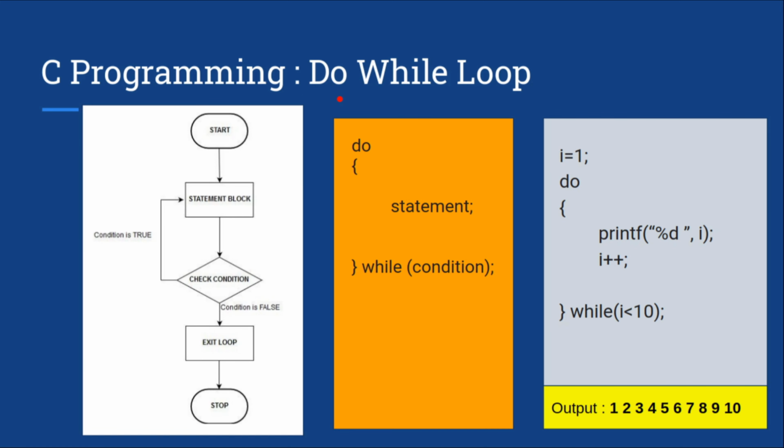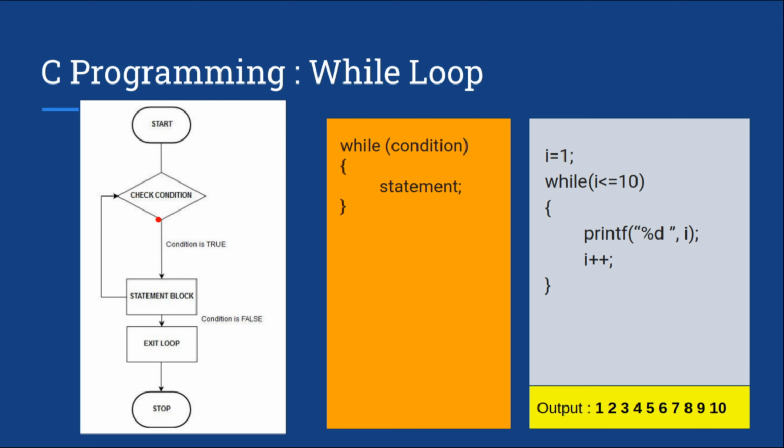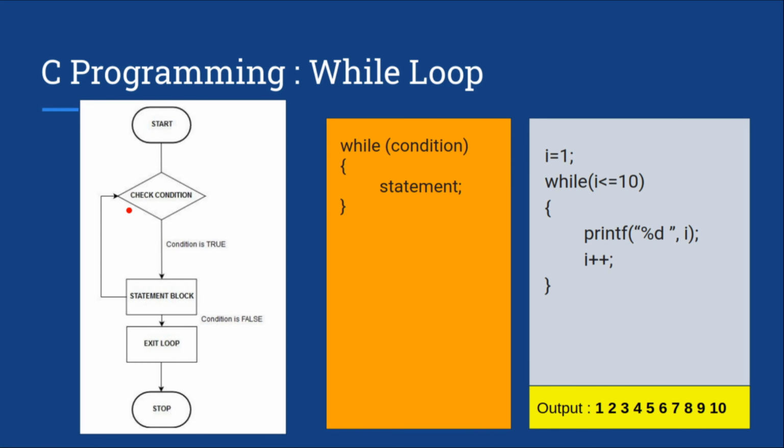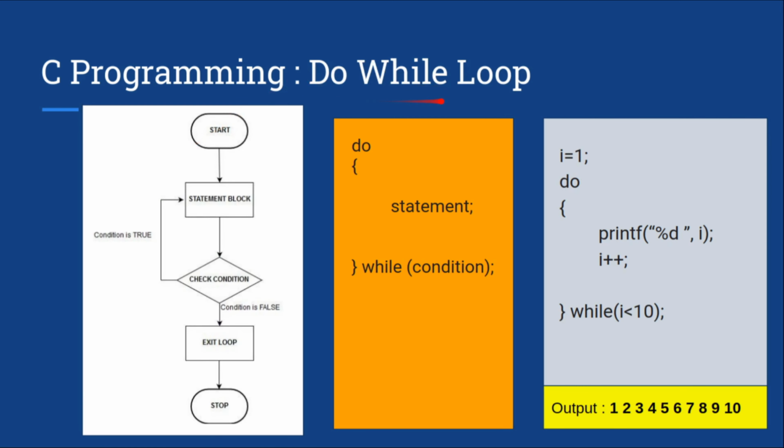So the next loop we have in this programming is the do while loop. The do while loop is a bit different from the while loop and for loop, and it's also known as an exit control loop, and our for and while loops are entry control loops. Why is it an entry control loop? You guys can see the diagram. In the while loop and in the for loop, first of all we check the condition, then we execute the statement. Which means at the entry of the block we check the condition, right? So that is the reason for and while loops are entry control loops, and the do while is an exit control loop.